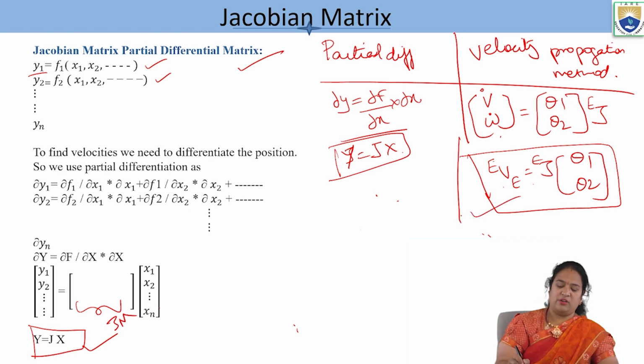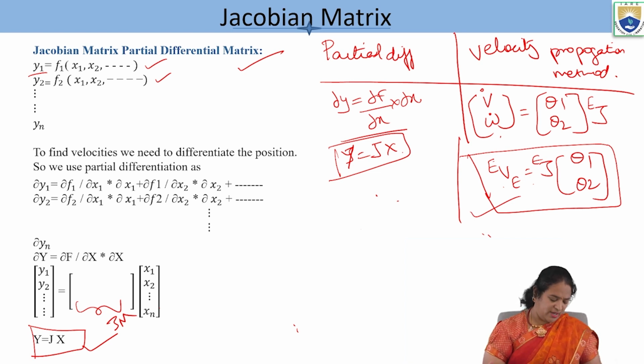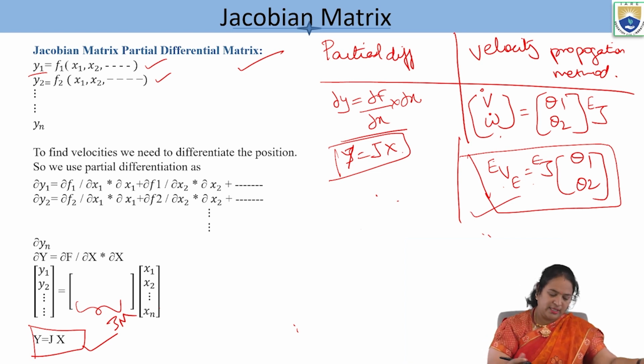This we will be finding out. So these are the two methods with the help of which we find out the Jacobian matrix. Now, in this particular Jacobian matrix,